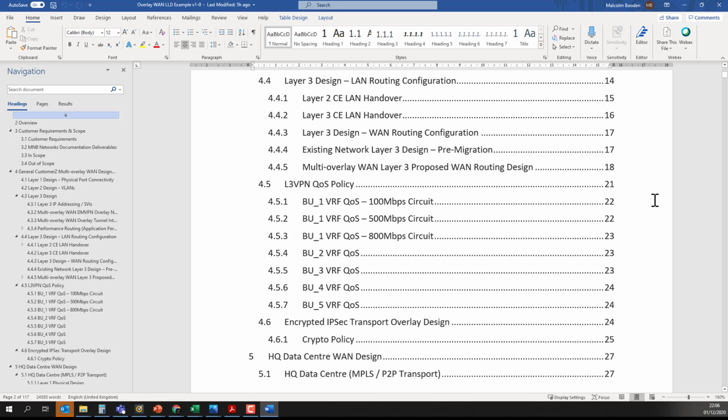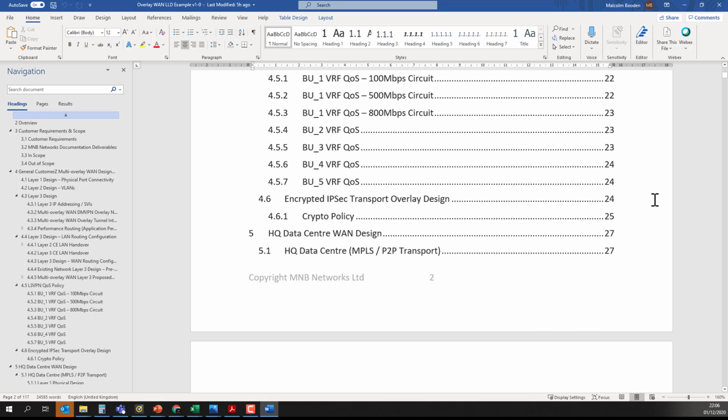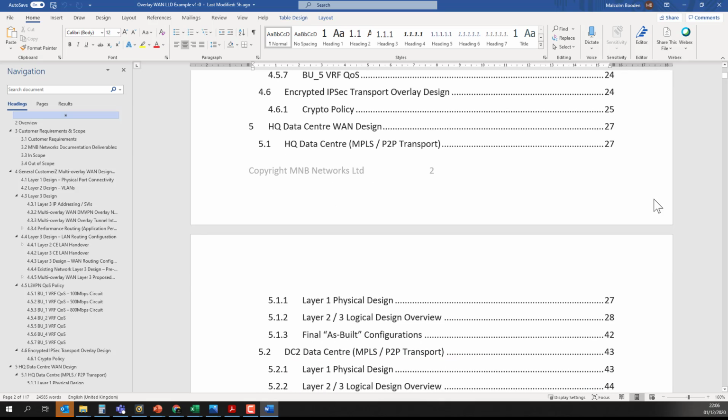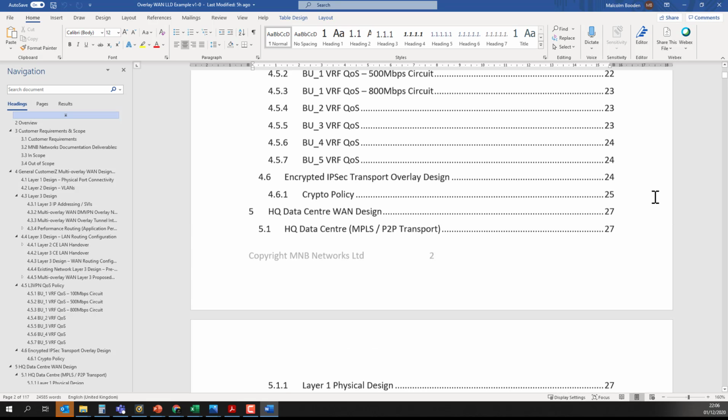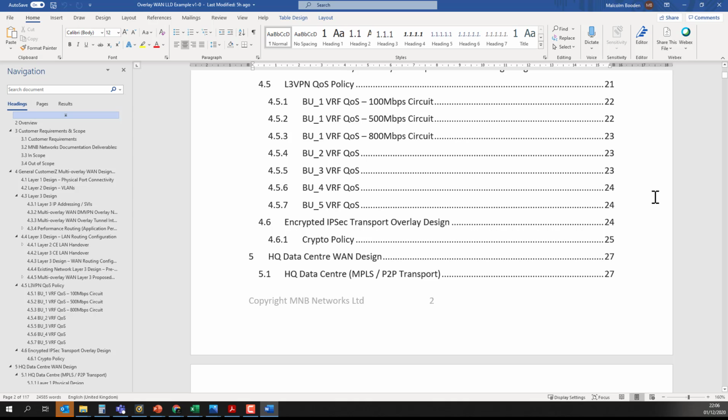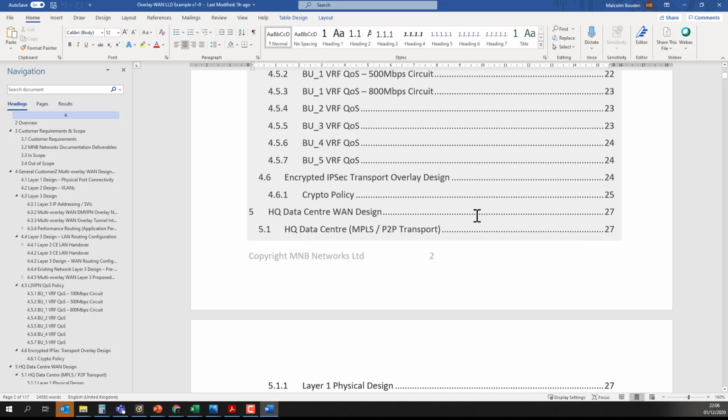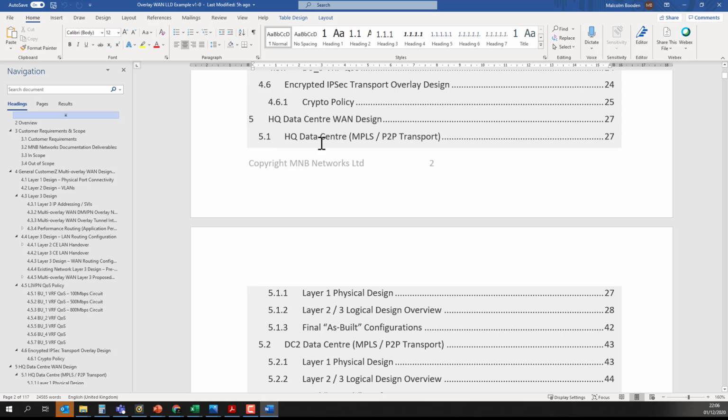We then move into the QoS policy, encryption configuration and design. Before these, it should be mentioned that these are not high level, they are global configurations or designs that are defined for the whole network, whereas in section 5 we move into the specific design